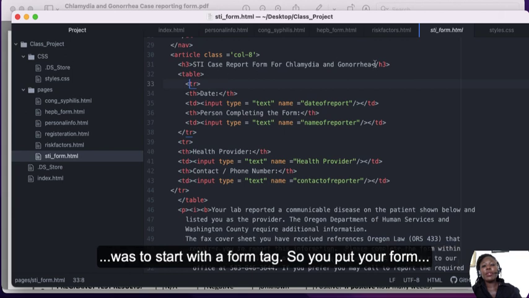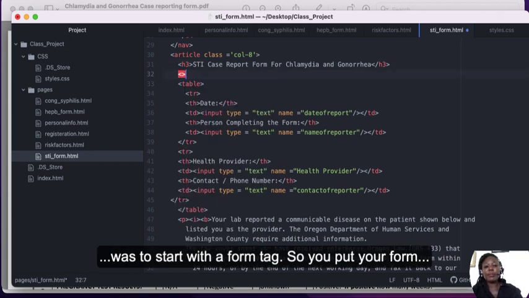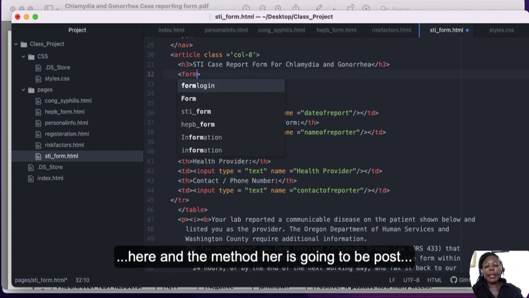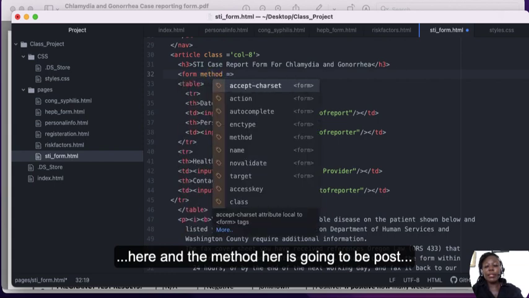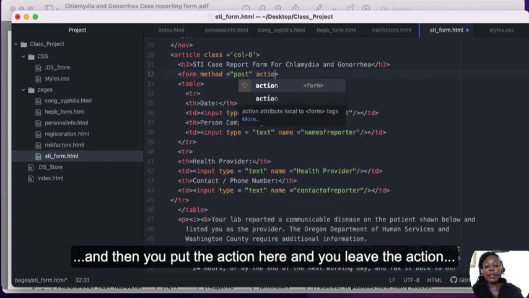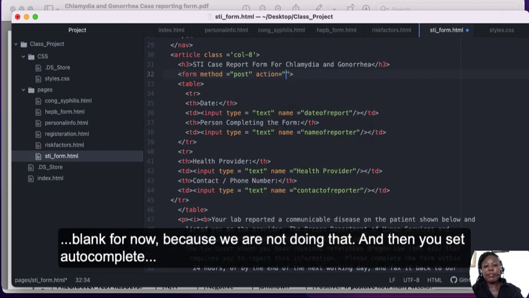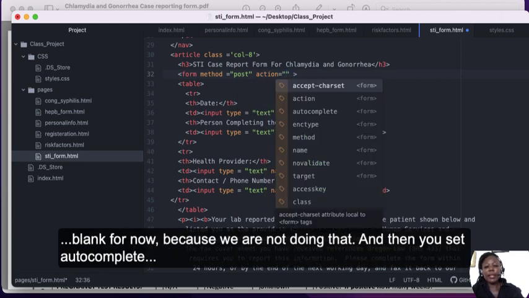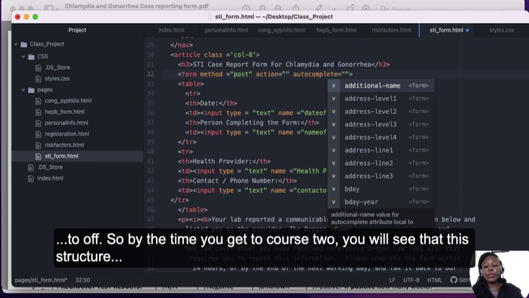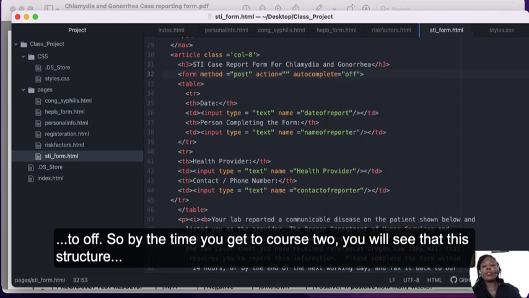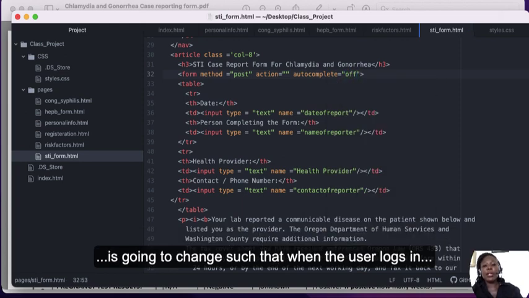So what I did not do here was to start with the form tag. So you put your form here, and the method here is going to be post, and then we'll put the action here, and you leave the action blank for now because we are not doing that, and then you set autocomplete to off. So by the time we get to course 2, you will see that this structure is going to change so that